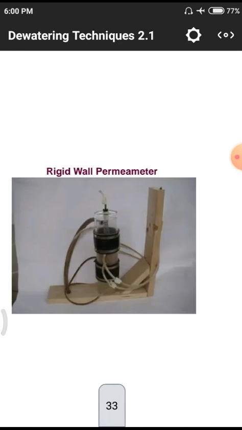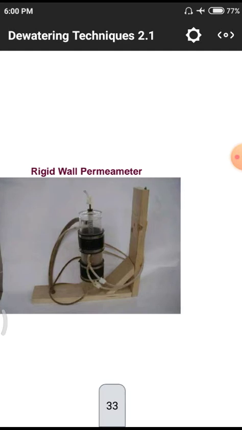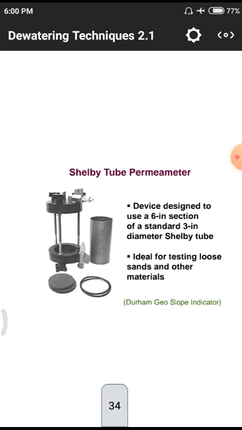This is the rigid wall parameters, the equipment showing how the rigid wall parameters work. All those tubes are there, and at the top level we have to use some amount of water. The water will flow through these pipes, and the soil is in the middle portion. How much water will flow through the particular soil? Due to the pores, water will come through the pipes arranged to the soil, so we have to know the permeability property of the particular soil.